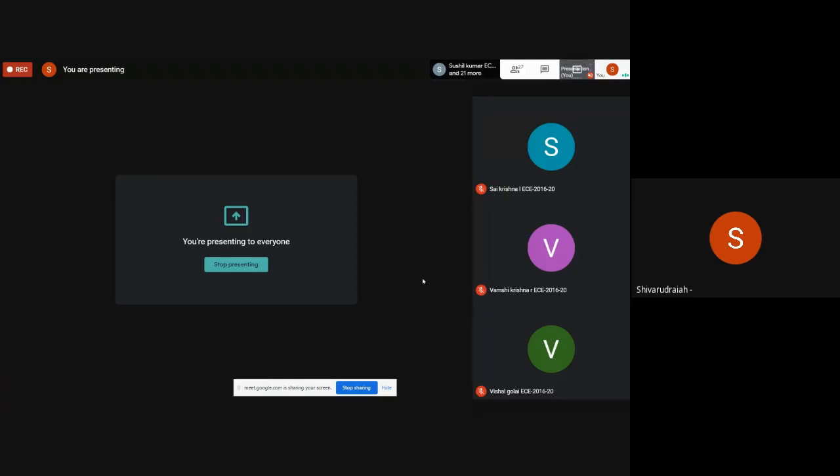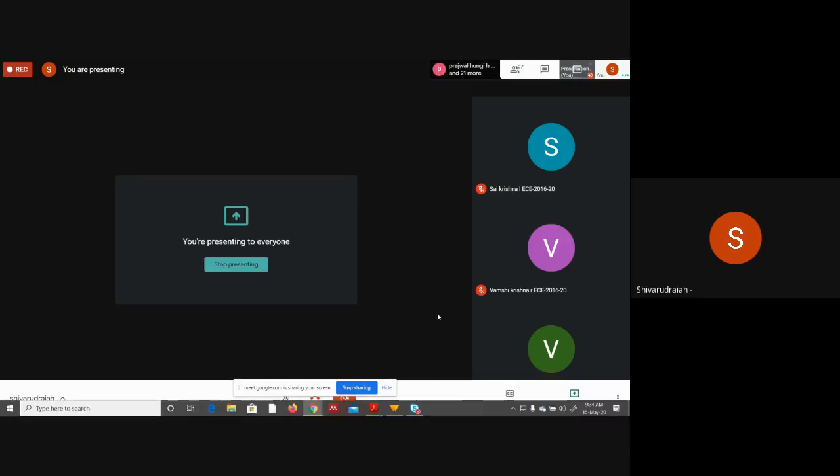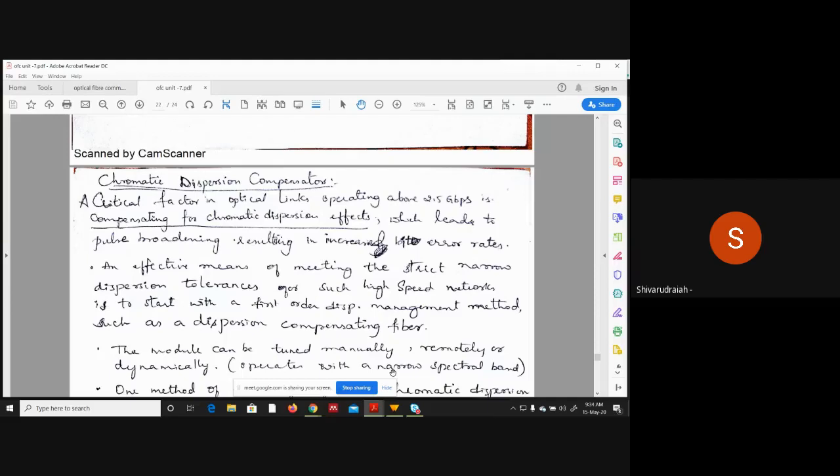So if you allow a digital pulse to transmit inside the optical fiber, as the pulse starts propagating inside the fiber, because of the material properties exhibited by the optical fiber, the same digital pulse will start spreading. That means to say it starts extending its pulse width, and as the distance increases, the pulse width will also increase. Correct? So that is what we had discussed with respect to dispersion, right?